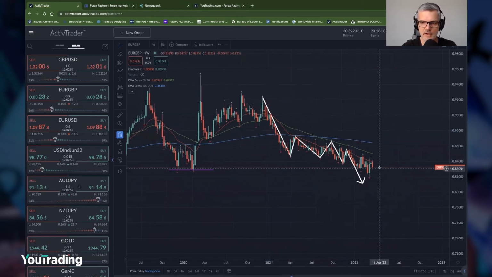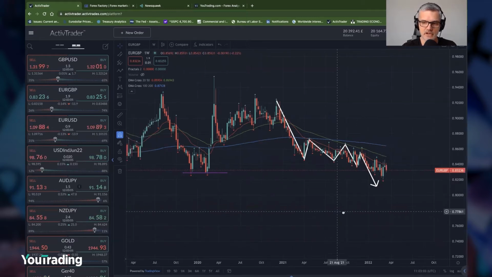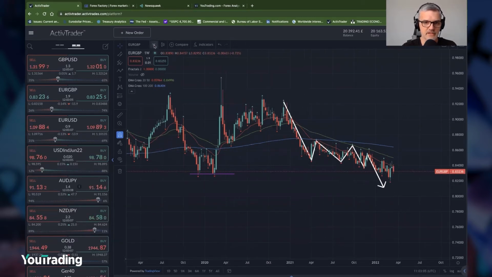But the 20 is acting as dynamic resistance. Like I said, we swept the lows here, got some liquidity straight back into that moving average, and we haven't been able to progress any further. So going to the daily,